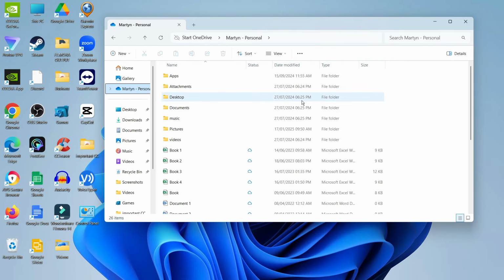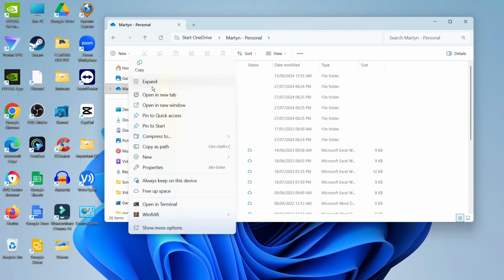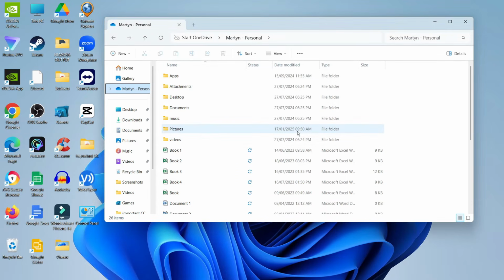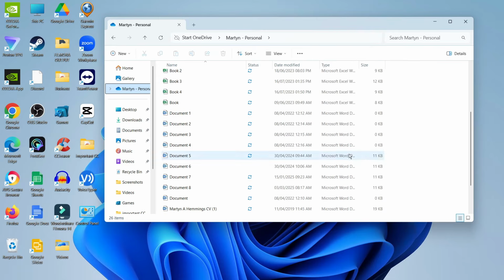Give that a click. Now what you're going to want to do first, once you've clicked onto your OneDrive, is right click onto your OneDrive logo in the menu on the left hand side, and on this menu that comes up, click where it says always keep on this device. This just ensures that you don't lose anything before you remove your OneDrive. It just takes a minute or two to do this, and once that's done, what you can do is